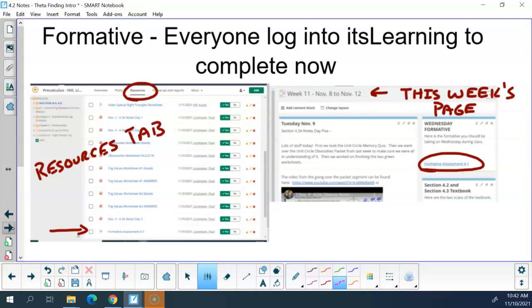It's 13 questions long. I also recommend that you have a piece of scratch paper out for you to do some figuring on, if you will. You have until 11:59 p.m. this evening to get it done. More than likely, you will get it done in the next 13 minutes. Okay? There's 13